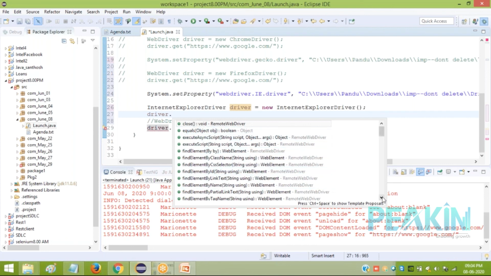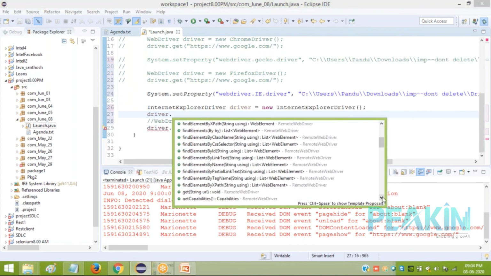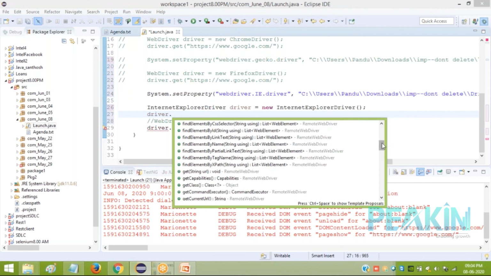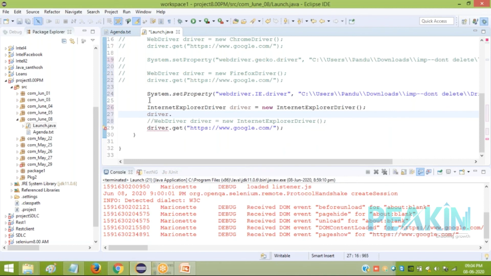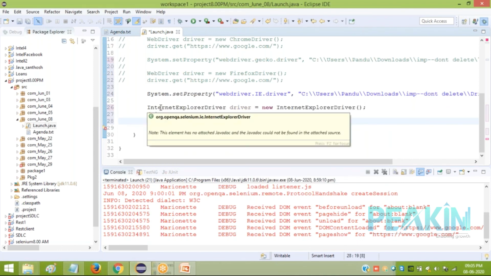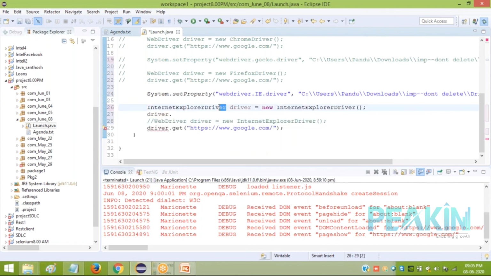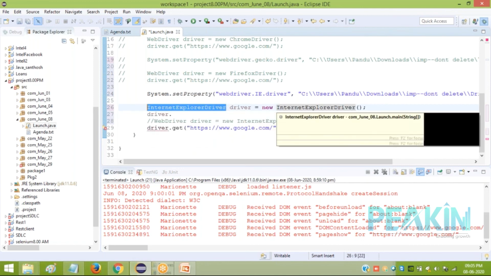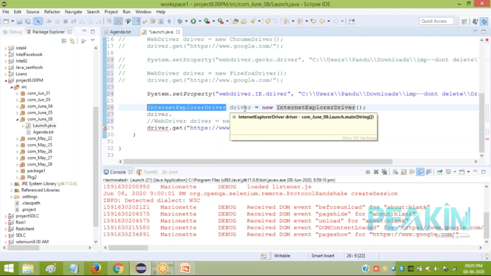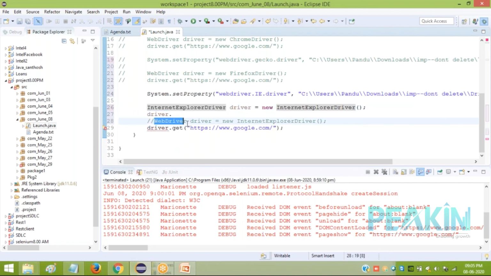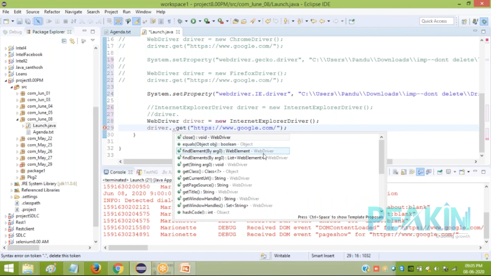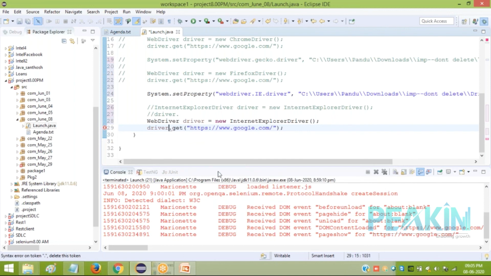All are of the RemoteWebDriver class. I can't use these methods for our actual implementation. You need methods of the WebDriver type, not RemoteWebDriver. So that is also one reason why we don't keep this driver as the respective constructor class. We always make this driver WebDriver, because when the driver is of this type and you type driver dot, you get the methods of the interface type. This is required. Therefore, we keep the driver as WebDriver type.